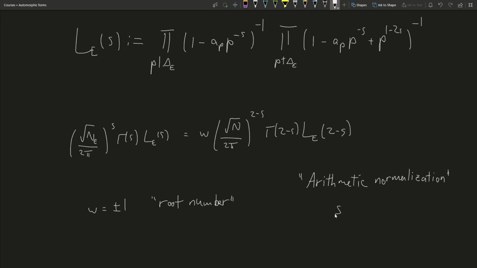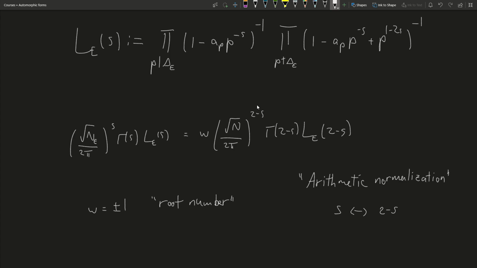Well, this is an L function that goes between s and 2 minus s, so the critical strip has width 2, going from 0 to 2. That's different than, say, the Riemann zeta function, where the critical strip goes from 0 to 1. In this arithmetic normalization of an elliptic curve L function, the center of the critical strip is at